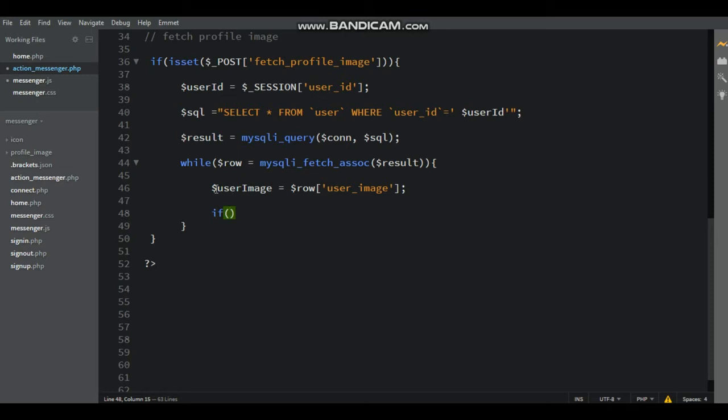Next, using if-else function, inside bracket write $user_image equal to null.